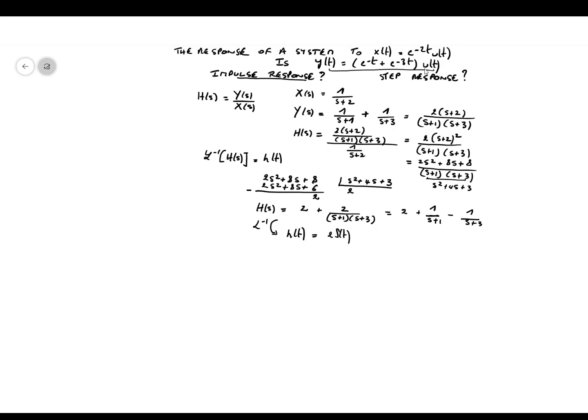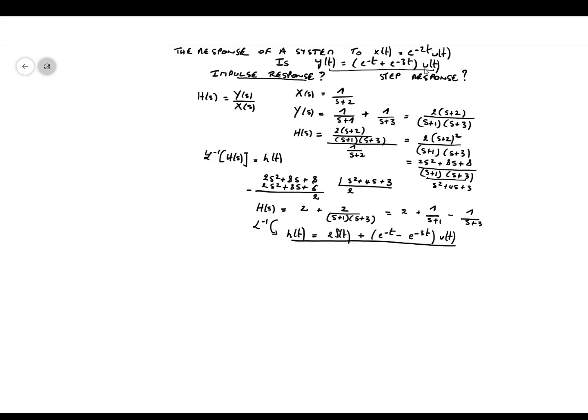Remember that the Laplace transform of a Dirac delta impulse is a constant 1, so here we have 2 of them, and we have plus e to the minus t minus e to the minus 3t u of t. Okay, so this is the impulse response,